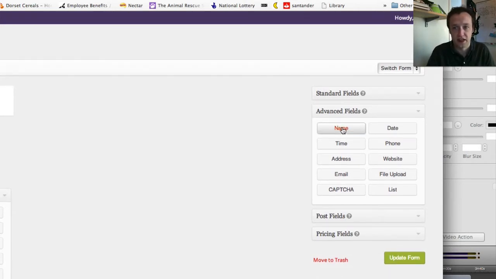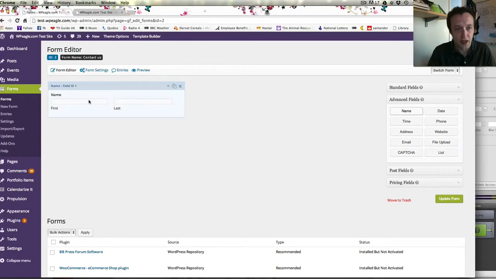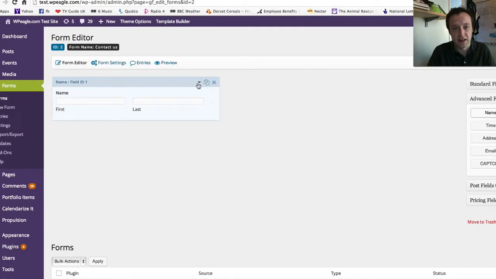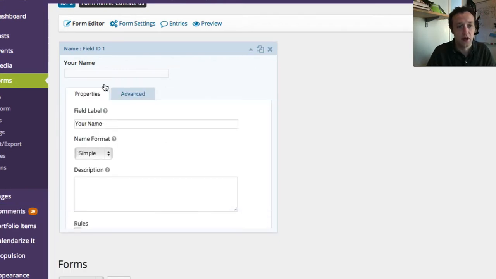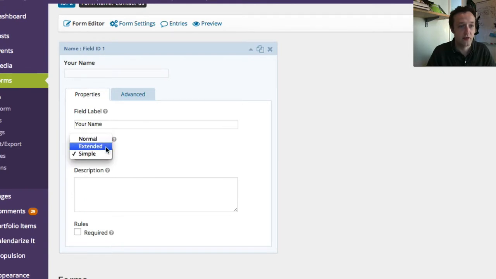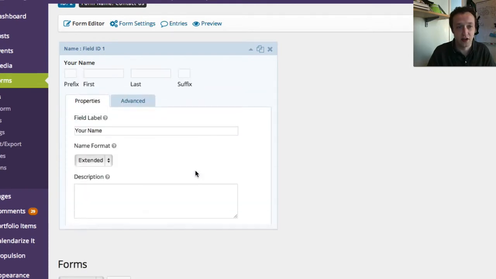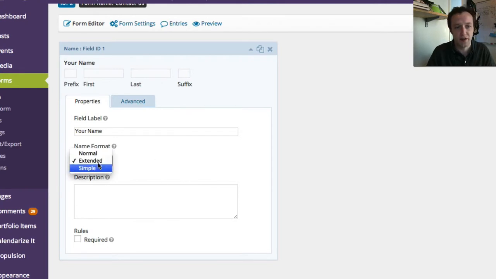To add it, I'm just going to click it, and then it appears over here on the left, which is our form. By default it asks for first and last name, but if you click this little arrow here, you can start to set it up as you like. It doesn't necessarily have to be called name, it could be your name. And you don't have to have first and last if you don't. You could just have a simple one where you have one box, or you could go for a really extended complicated type name where you get Mr. and a suffix and all kinds of stuff. So I think we'll just go for simple